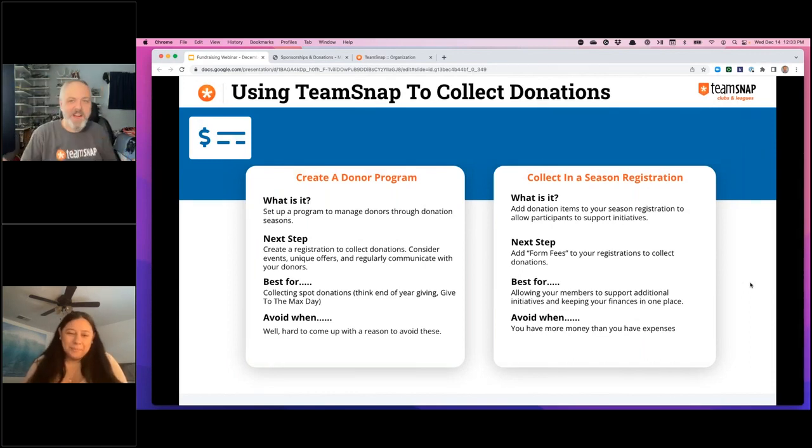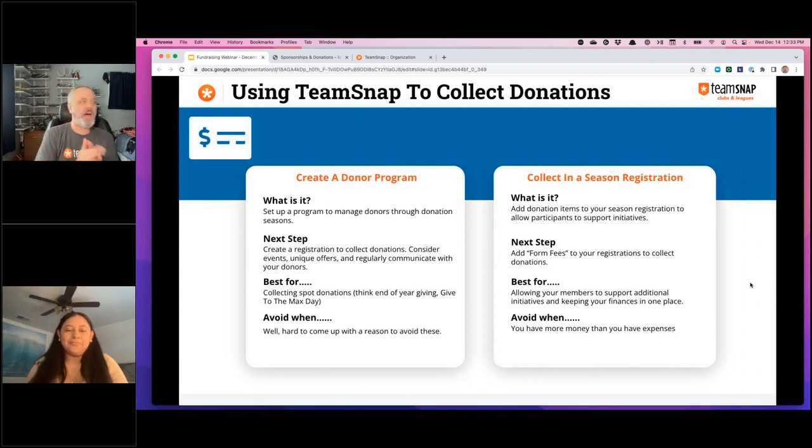We're going to talk about two different paths here today. Fundraising is a big topic. We just talked about sponsorship, and now we're talking about donations. I put together this slide because I'd like to encourage creating donor programs and also collecting donations from your members.